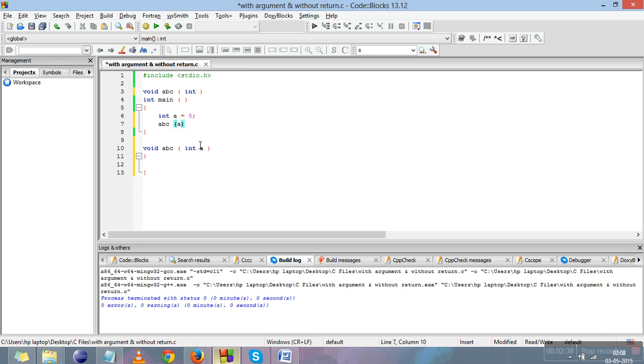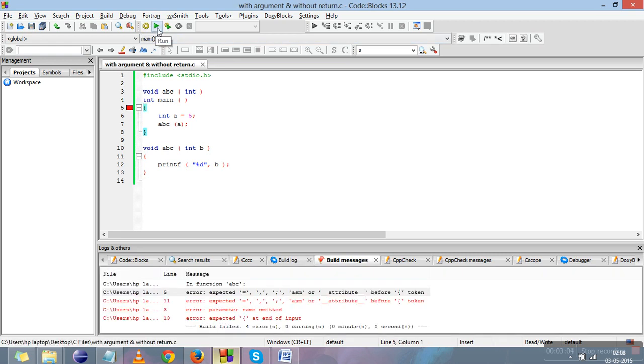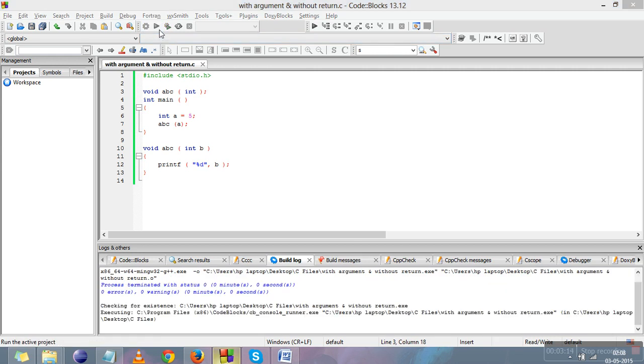This is the same, and below we can declare b so that you do not get confused. We can also declare a over here, but let it be b. Now 5 is being passed from this abc call, and 5 is caught in this b. Now we'll print the value of b in this function, printf, the value of b. We get a compile-time error because we have not written a semicolon over here, so we'll add it. Now it's safe. We'll just run it.